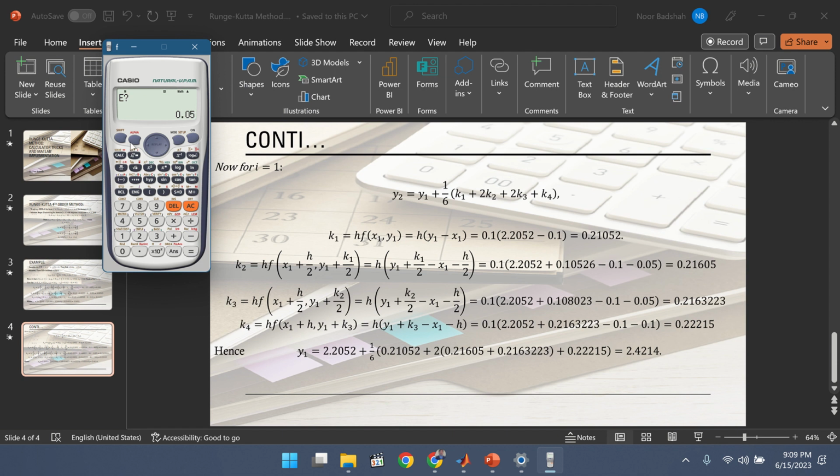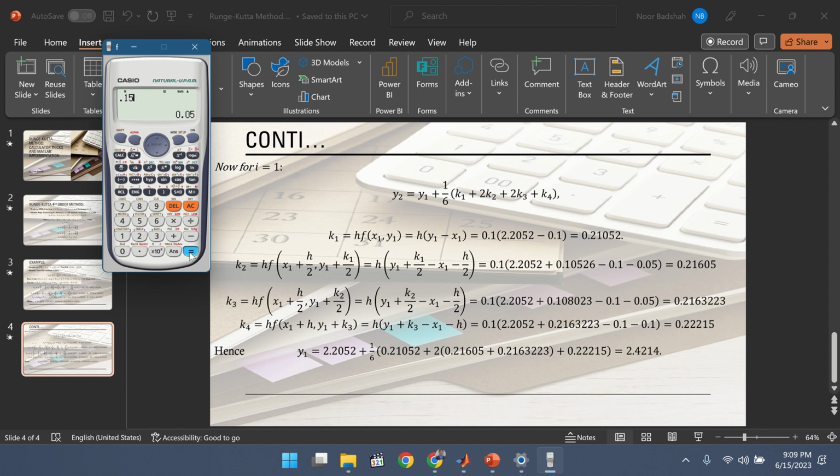Okay, and then press equal. Now it's asked about E. As I said earlier, when x1 is 0.1, then your E will be 0.15. When x is 0.2, your E will be 0.25. You will be adding 0.05 to the value of x. So in this case I'll be taking 0.15 because my x is